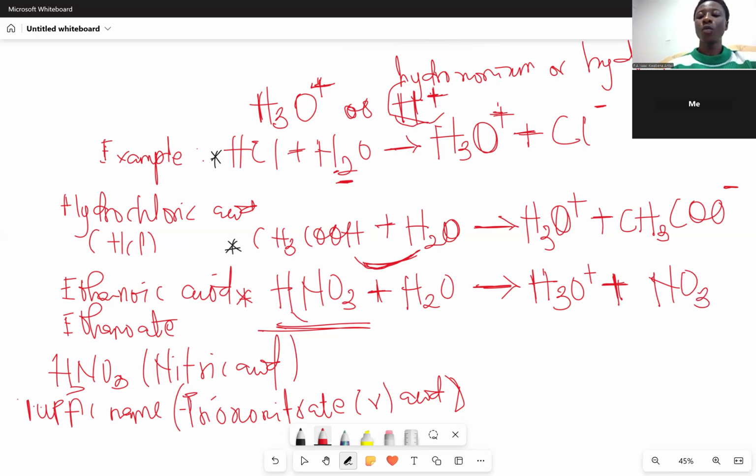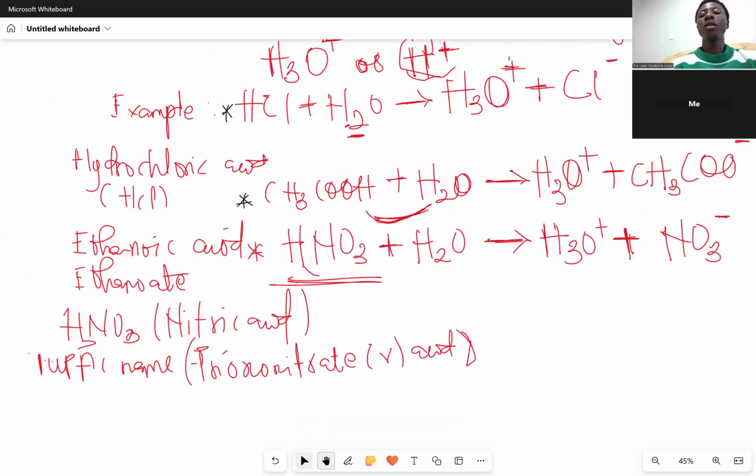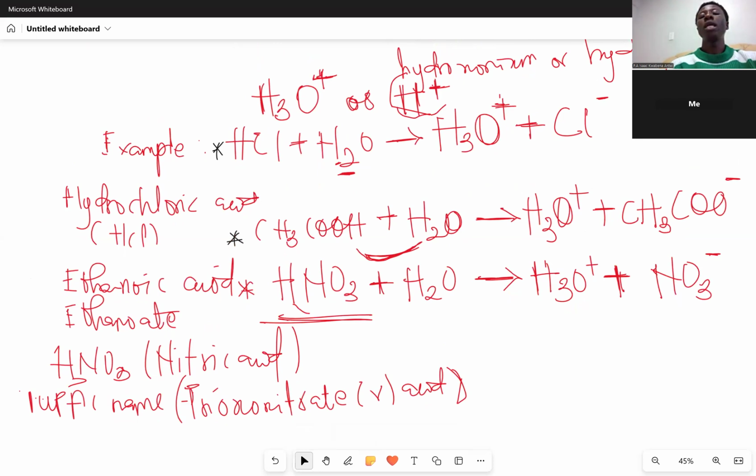You see, the hydronium ion is already a cation, so definitely what will be left will be an anion. So you see, all these are Arrhenius acids, right? If I ask you to define an Arrhenius acid with an example, you can do this, okay? Now, if you're wondering how to form this to generate the H+, I'm going to show you, but know how you're defining your Arrhenius acid.